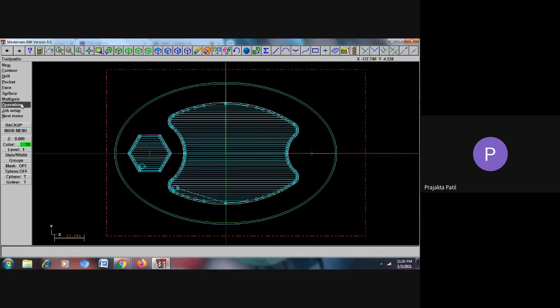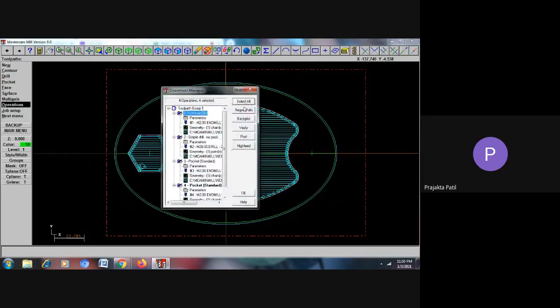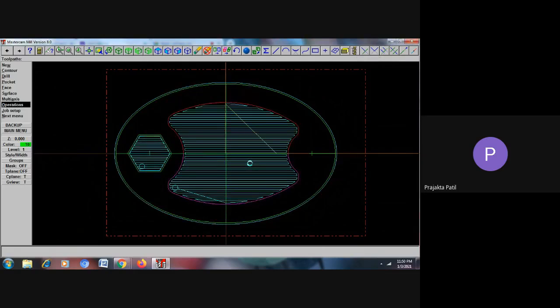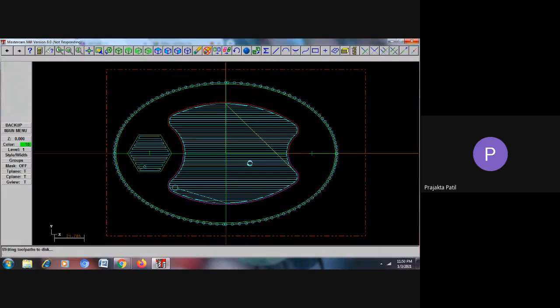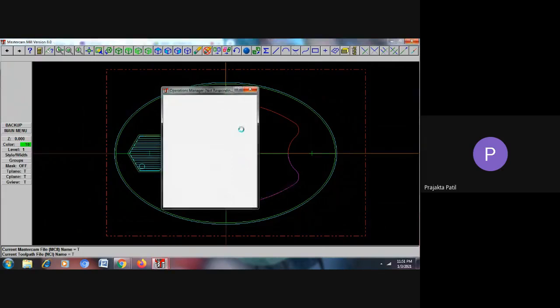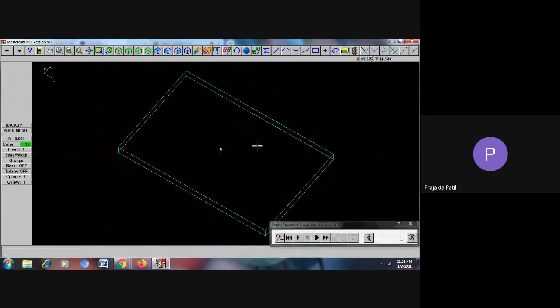So I'll go to operation, say select all, regenerate path, and now say verify.